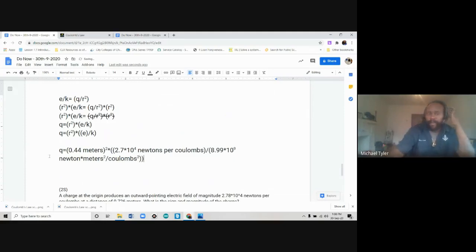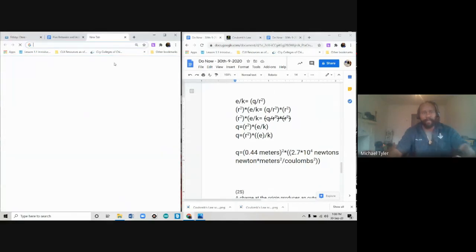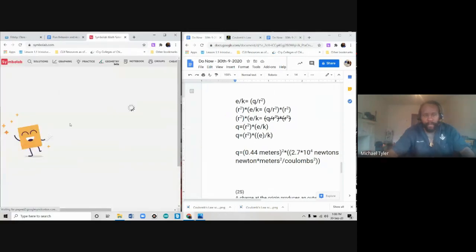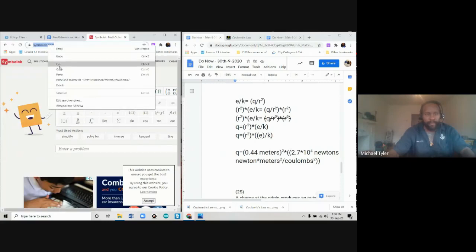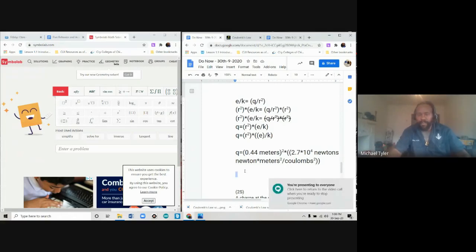Now we're going to calculate everything, and Lisa did that for us. To calculate it, I'm going to put this in the chat so you can do it for your homework problem tonight. Use something called Symbolab. It allows you to type it in very slowly. So let me put this link in the chat so you'll have it. And I hope everybody's been following along, because if you have most of this typed up or you started on it, you'll be able to leave a little early, because we're going to share screens in a moment.